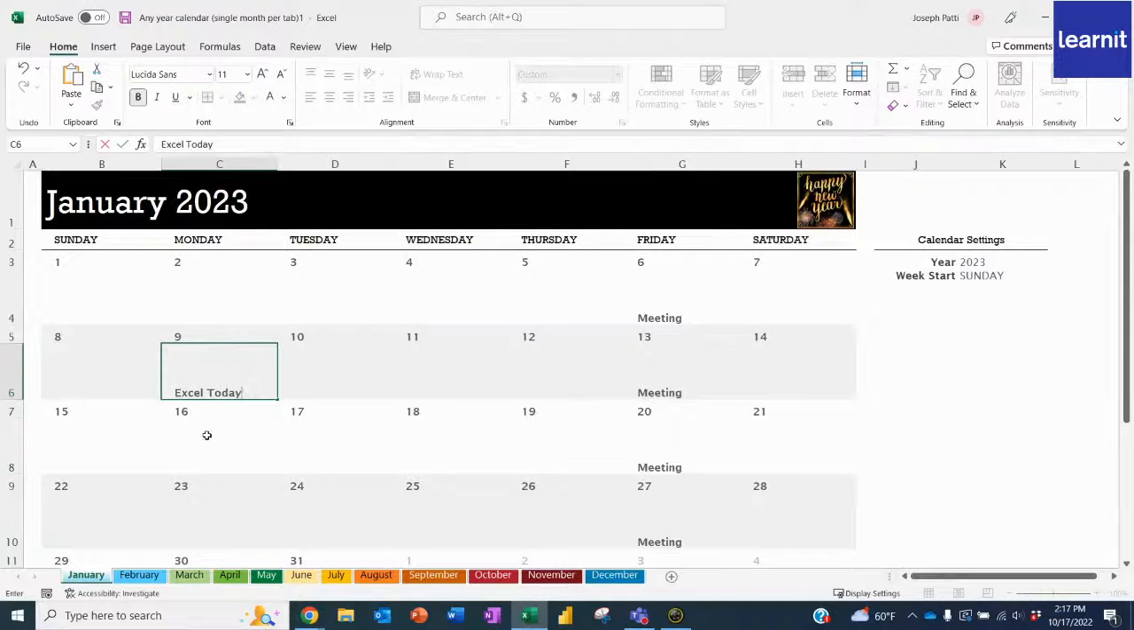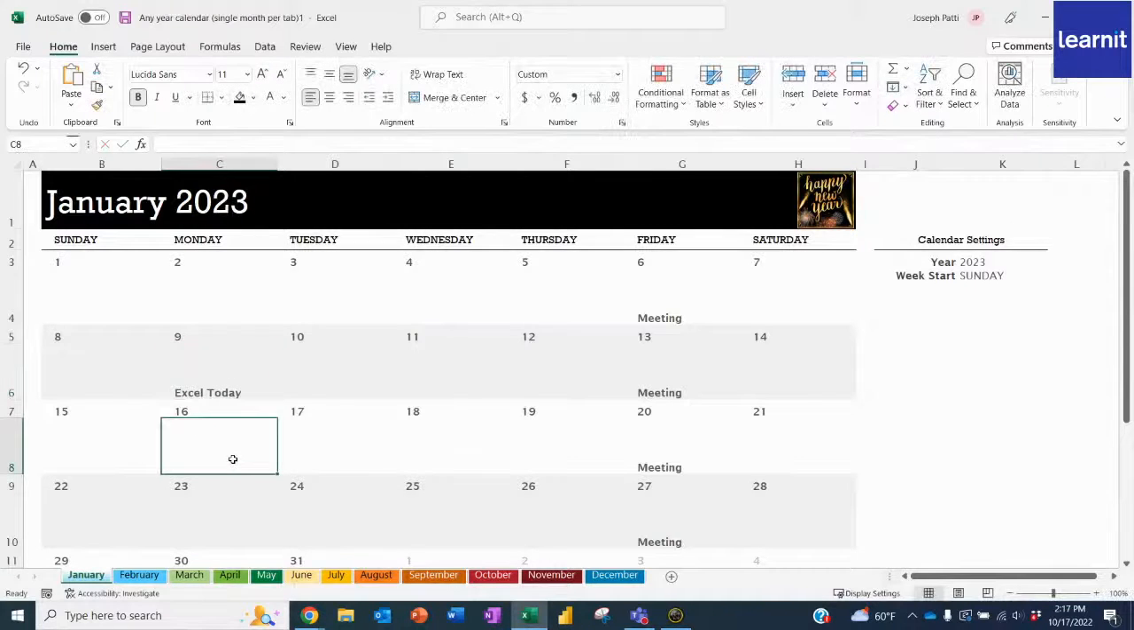Now, remember, I can just type this in. And then after that, what I can do is utilize conditional formatting, which simply means based off of a condition or a criteria, the appearance of the cell changes. So maybe I want my Excel today to be green, and I want all of my meetings to be in